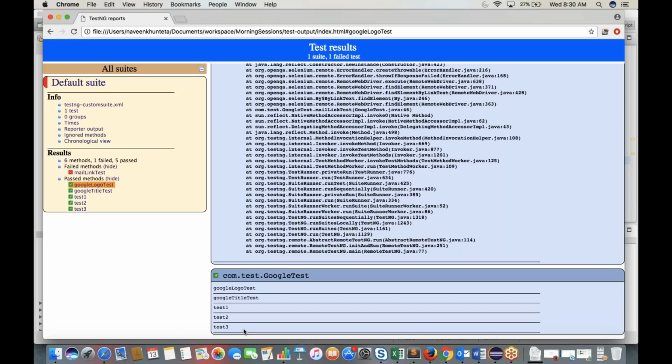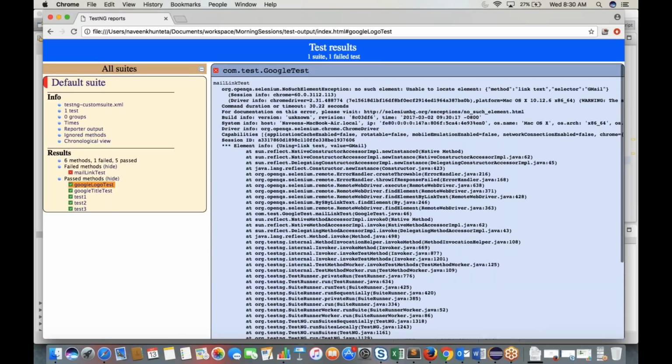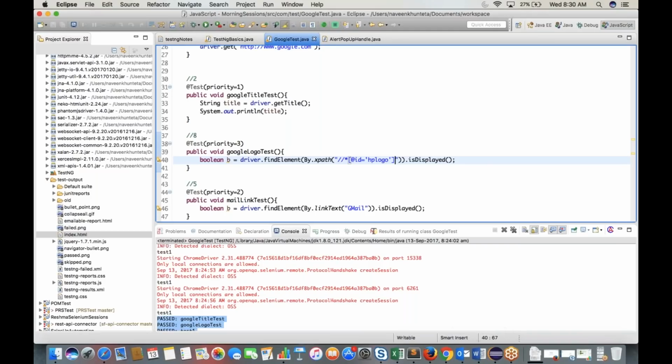Although in another session we will check how we can generate some very good reports like Extent Report and all those things. I'll teach you later. But this is a TestNG basic report we are getting. This is another feature, generating good reports. Second thing is